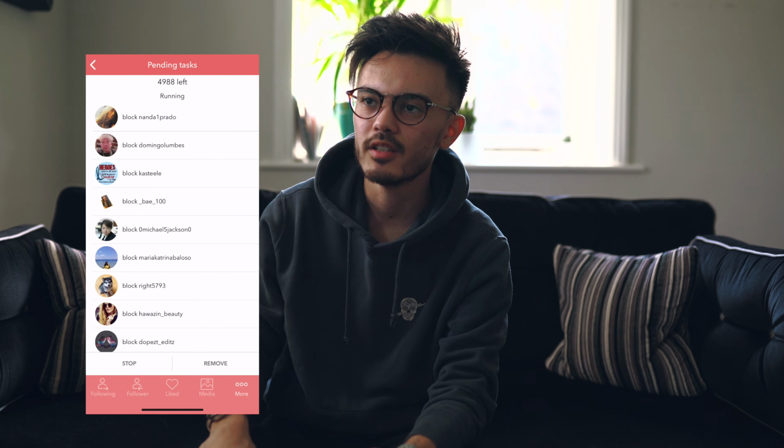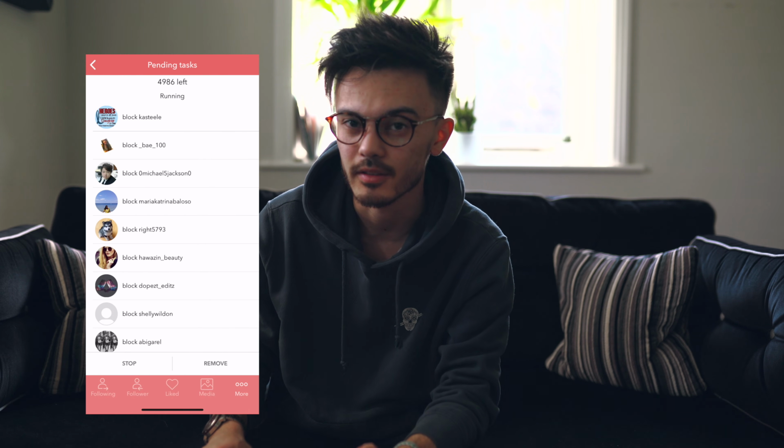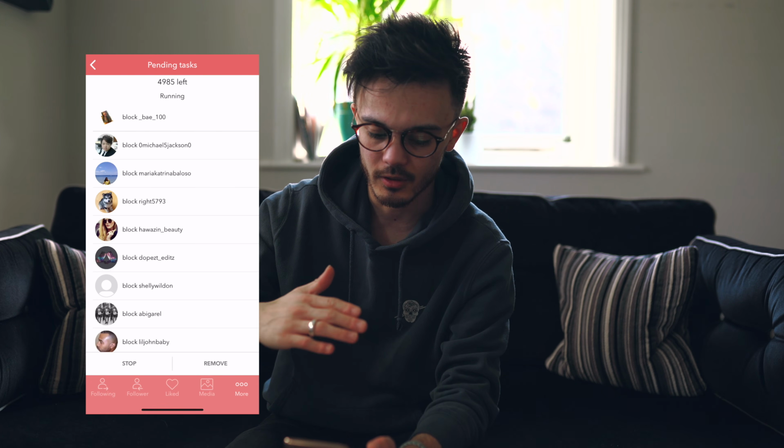So I had 42,000. The way they do it is they have to block the accounts. They can't remove them. You can't remove accounts off Instagram. Only Instagram can do that, okay? So you have to block them off. That's how they come off your account. Now, Instagram only lets you block about 100 accounts at a time. I had 42,000, so this took about 2-3 weeks to get rid of 20,000, okay? So what it does, it goes in 100 each, and then after that it will pause for 4 or 5 minutes, and then it will start again. The counter will go down as it's blocking.